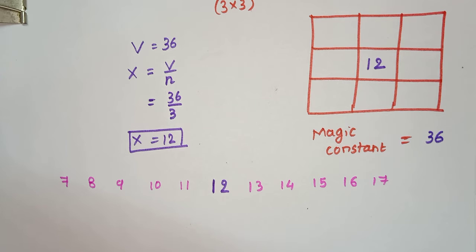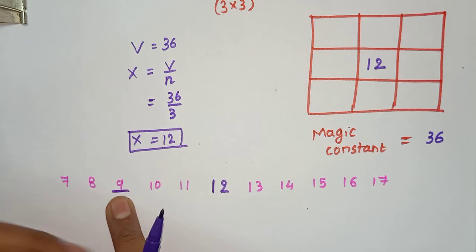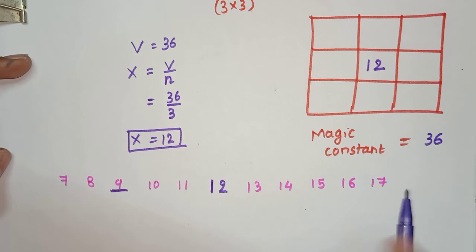And now you have to select any two numbers that are at the same position from 12. Same position, that is, suppose I take this 9. 9 is 2 before 12, so the number I have to take is the one 2 after 12.